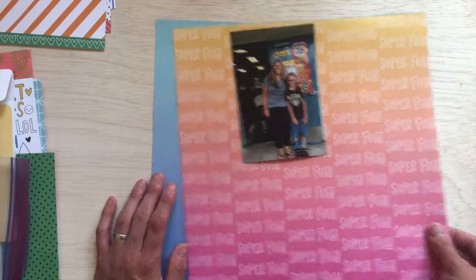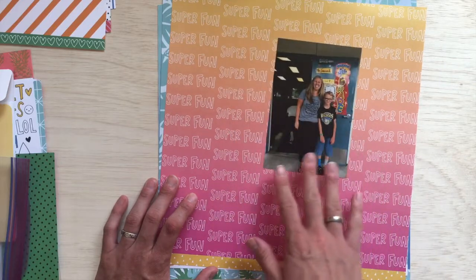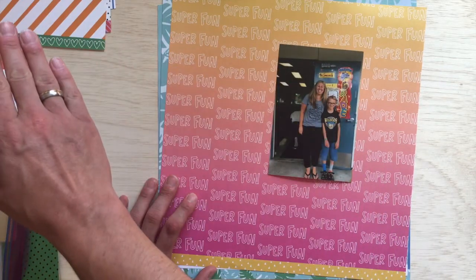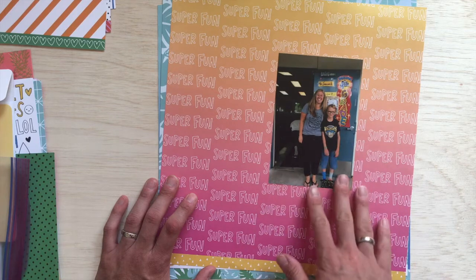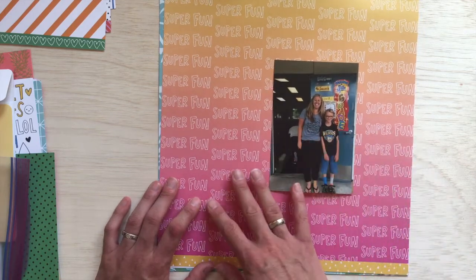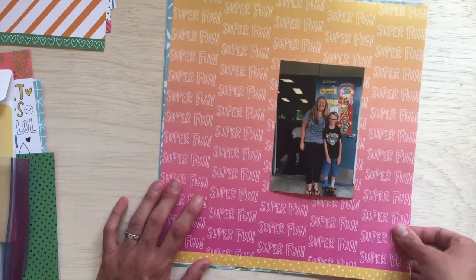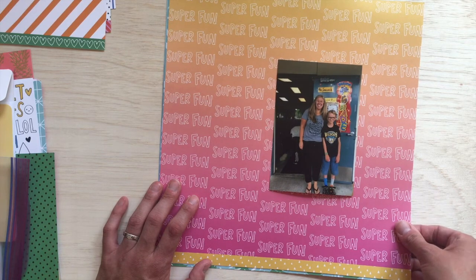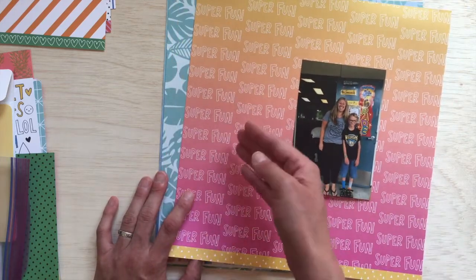And the last one that I had on my list, I thought about a mixed media one. I talked about another mixed media one, but I categorized it under Story Spark. This one. I love how this photo looks on that background. I can imagine that there could be some kind of mixed media going on back there. Let's see how I can work this out. But it's also a story spark because